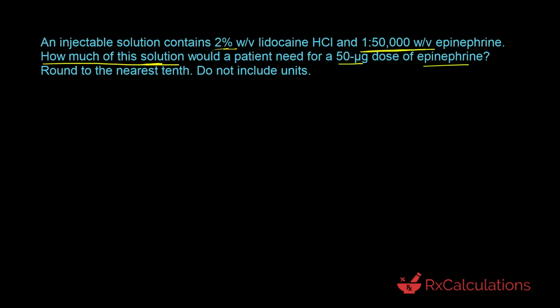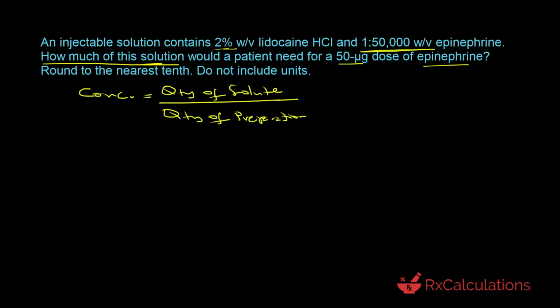So we can use the equation concentration equals quantity of solute over quantity of preparation. And so we've determined from our analysis of the question that we are looking for this term right here, and the 50 microgram is going to be the quantity of solute. So what we could do is simply put the 1:50,000 on the left hand side of the equation, which would be 1 gram out of 50,000 milliliters, but that would be such a small value. And also, since the quantity of solute is given as 50 micrograms, we could actually take the 1 gram in 50,000 milliliters